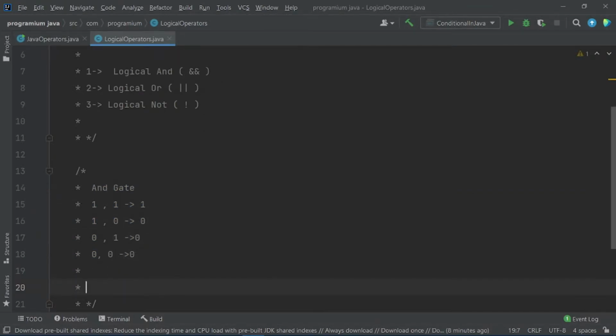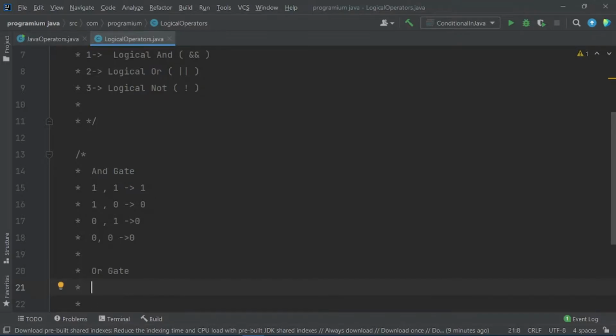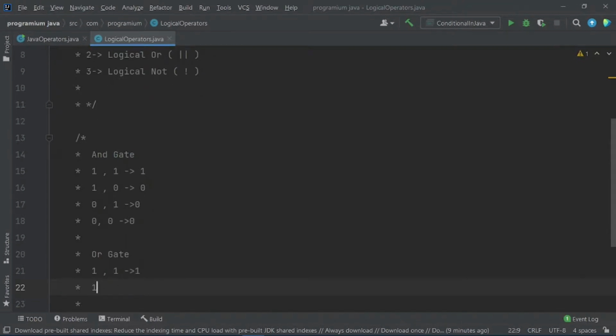So what is the OR gate? Guys, I am talking about these things because they have a perfect relation with our logical AND, OR and NOT operators here. So, the OR gate: if both of the values are 1, then the output should be 1. And if any of the values is 0, then the output should be 1. Again, if one of the values is 0, the output is 1.